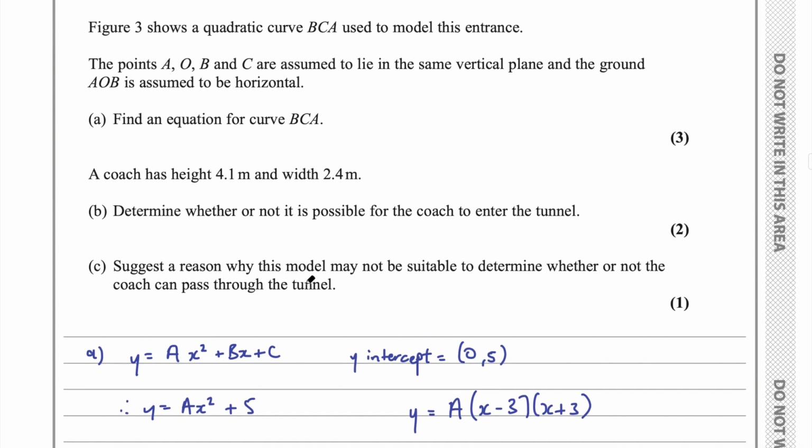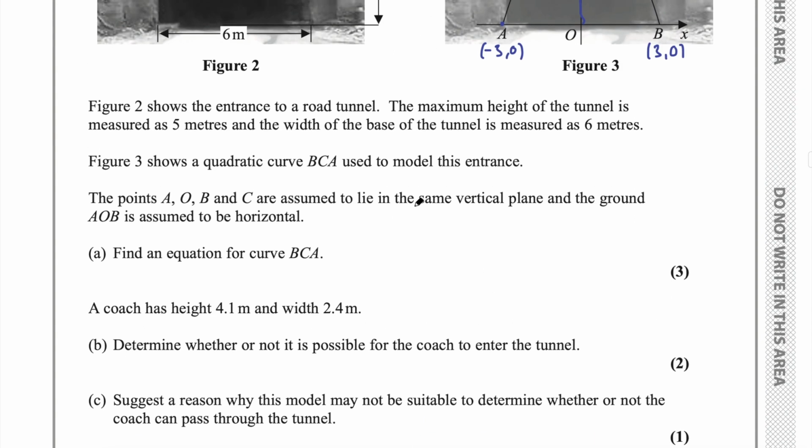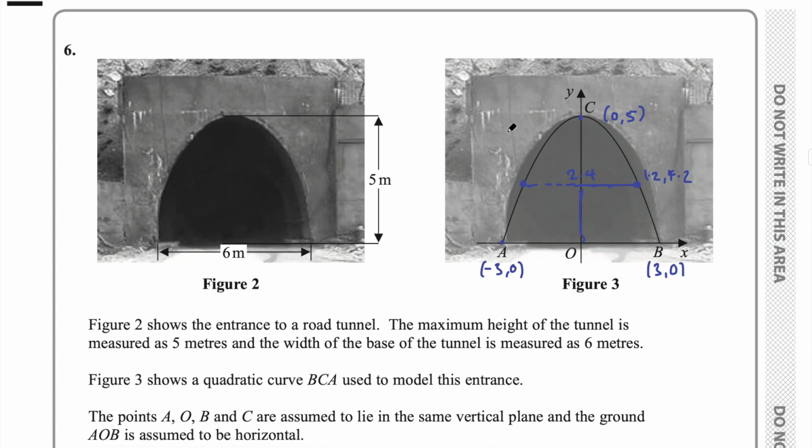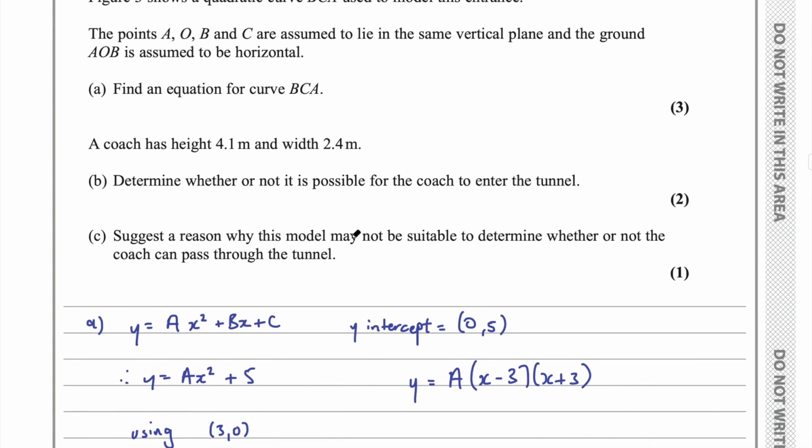Part C says, suggest a reason why this model may not be suitable to determine whether or not the coach can pass through the tunnel. So here you just need to kind of use your common sense. So if you're looking at a tunnel, it might not exactly fit the quadratic curve. The tunnel might not be uniform all the way through. The ground might not be perfectly level, might not be perfectly horizontal. The tracks might not be exactly in the center of the tunnel. There's all sorts of reasons you could give. So you could give any one of those